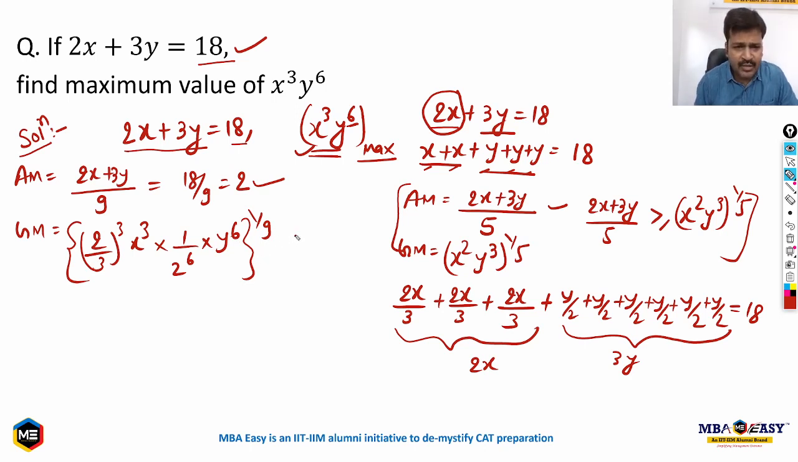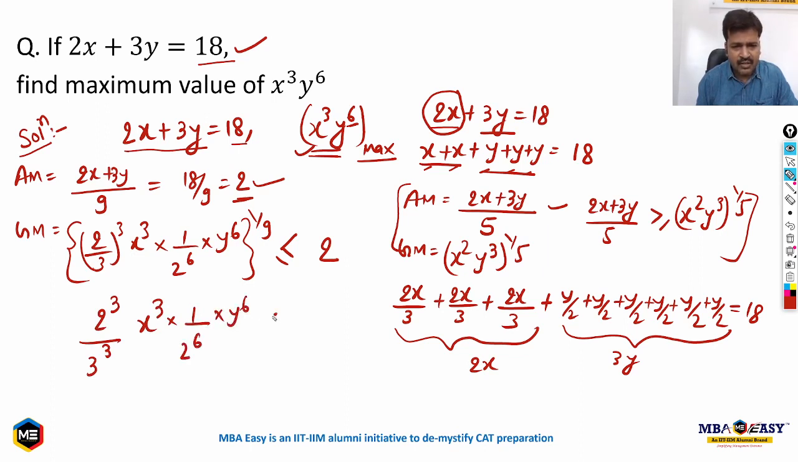I know that GM is less than or equal to AM, which is how much? 2, right? So from here you'll get 2^3 upon 3^3 into x^3 into 1 upon 2^6 into y^6 is less than or equal to this 1/9. If it goes this side, it will become 2^9, right? So now you can note, see, x